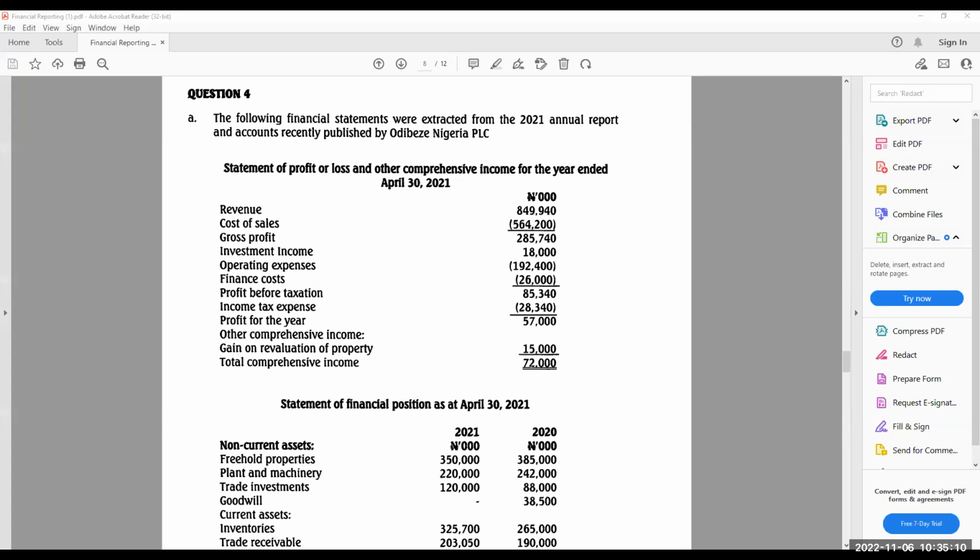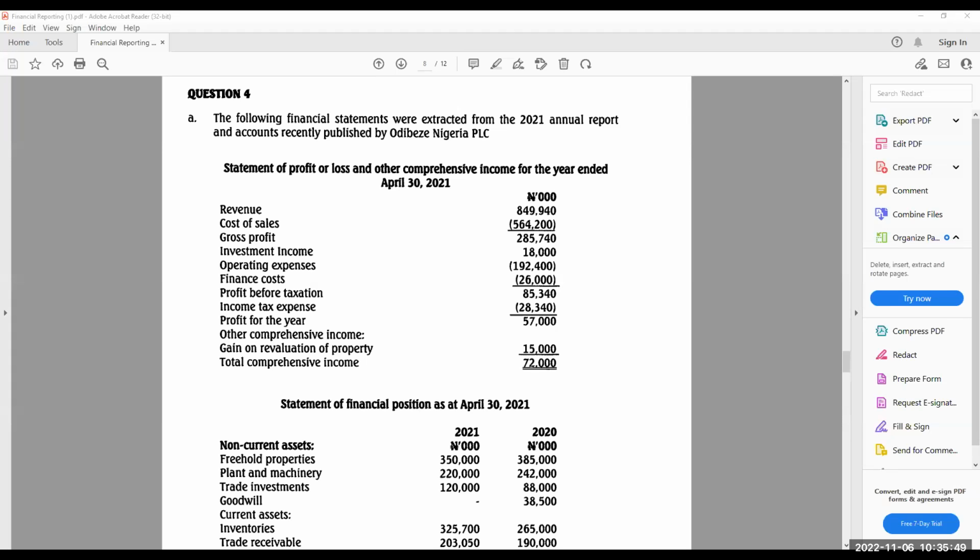Good morning, sir. The following financial statements were extracted from the 2021 annual report and accounts recently published by Odibeze Nigeria PLC. Statement of profit or loss and other comprehensive income for the year ended April 30th, 2021 is stated, and the statement of financial position as at April 30th, 2021 is also there, you can see the table. The additional information: